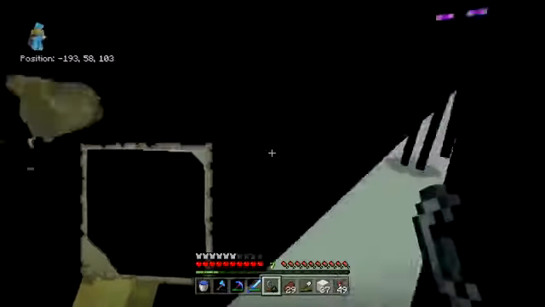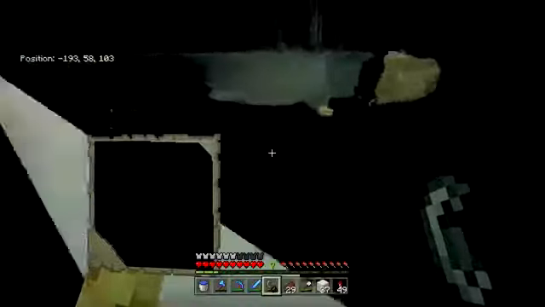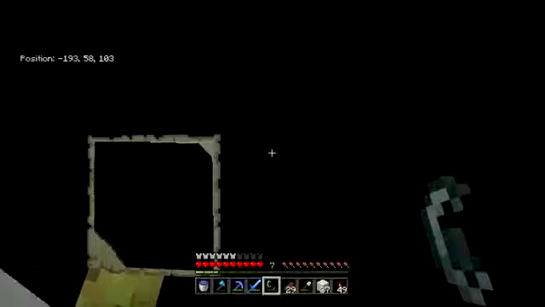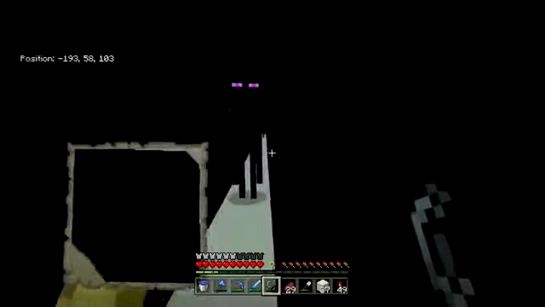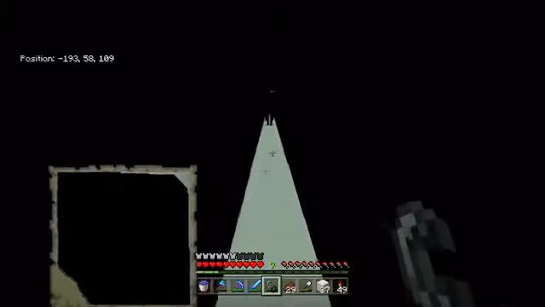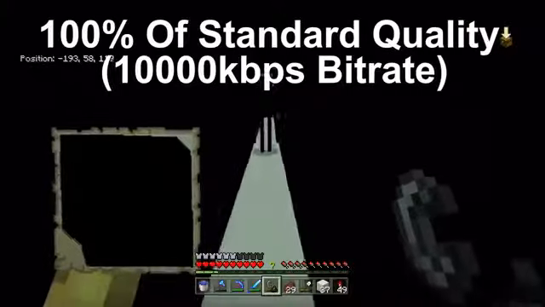which is why if we start spinning around right now, my flint and steel with my black map on my left, with the blackness off the end and an enderman in front of me, you're going to notice how all of a sudden the colors could look way better. To go back to normal quality, all of a sudden, you can hopefully notice the difference there,